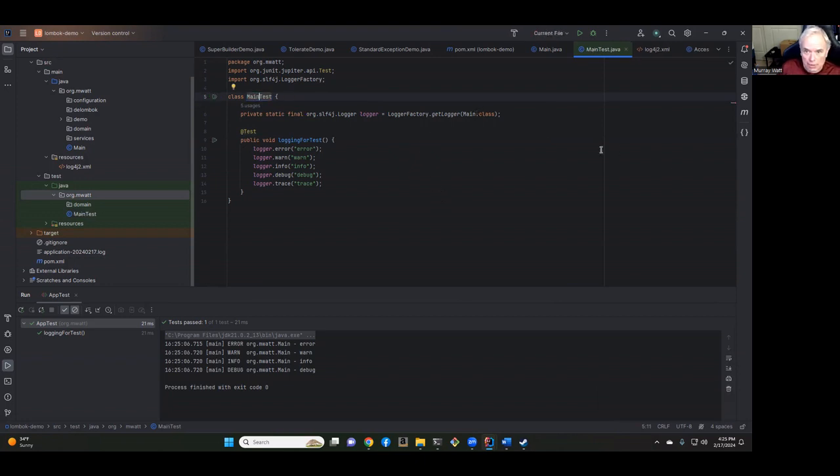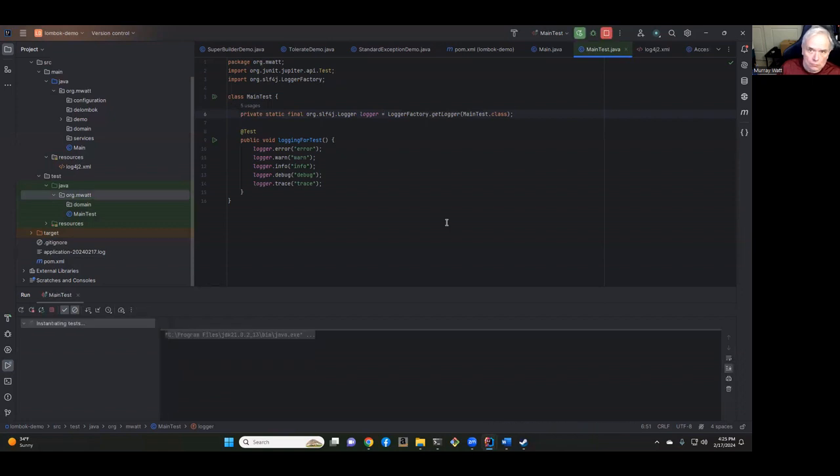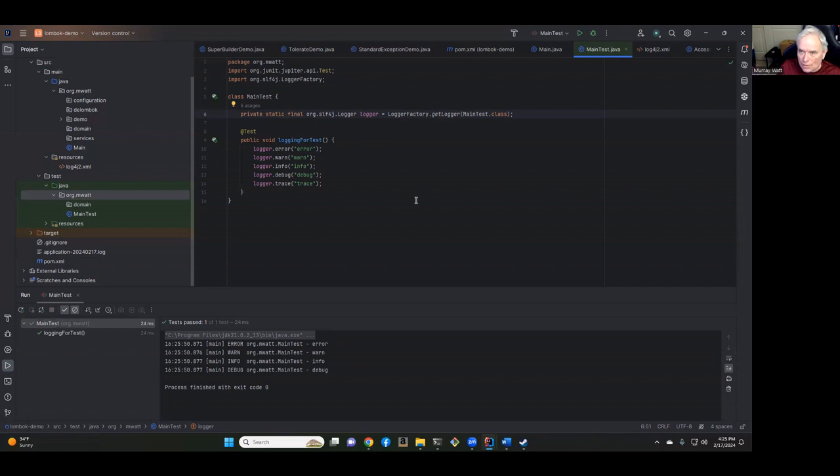And this should be main test here. Voila. And we're done with the integration of Log4j with our